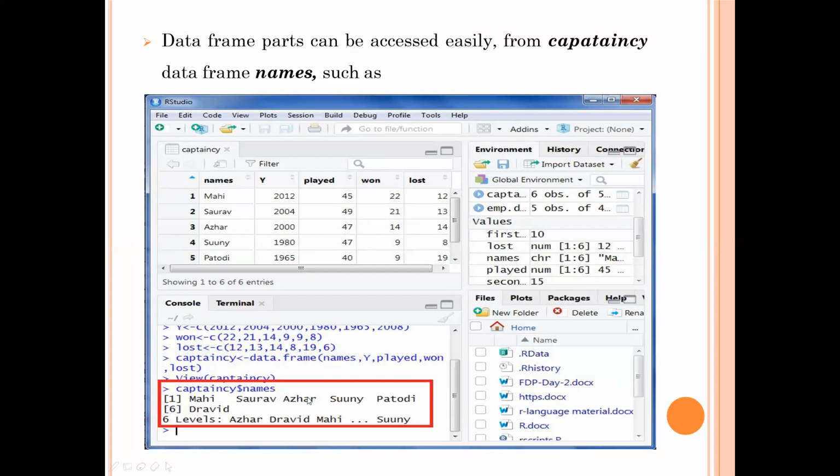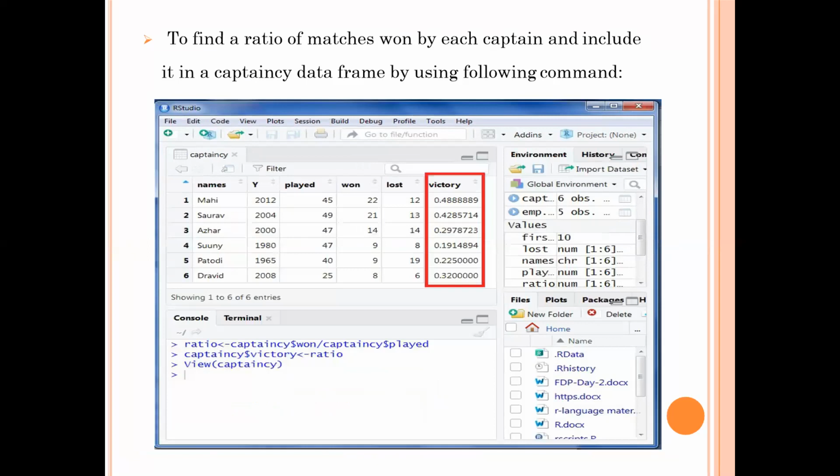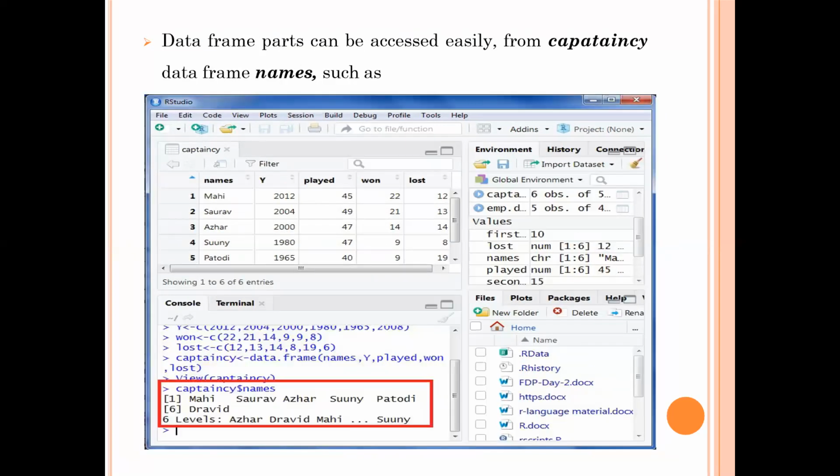Sir, your voice is breaking. It is not properly audible. Please check your net connection. One second, sir. I think the speed is slow. It might be a speed issue, but I will take the help of another connection. For the time being, shall I continue? Yeah, sir. Now it is audible.